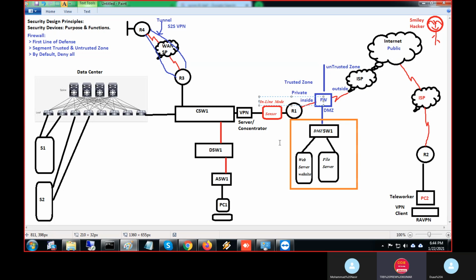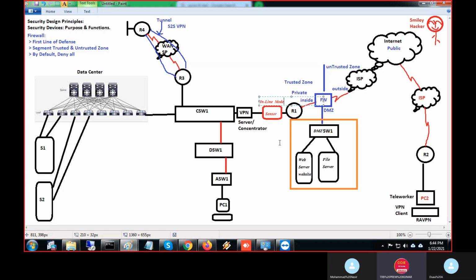All these functions one box will do, and finally I'll tell you the name of the box is FTD. But don't worry about that now. Now focus on function. One by one I'll teach you. Security functions can be separate boxes or one box, depending on the number of users.